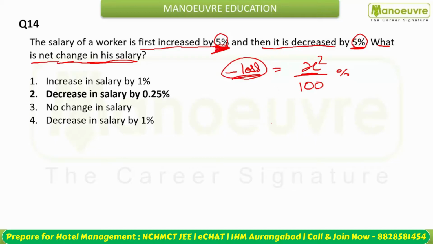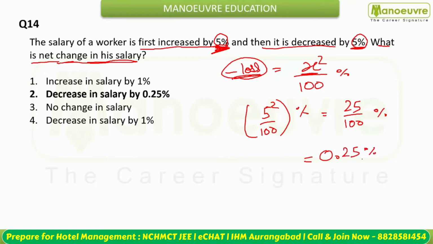Here you are given 5, so there will be a loss of 5 square by 100%. 5 square is 25, so 25 by 100%, and you can say there will be a 0.25% decrease. Net salary is decreased by